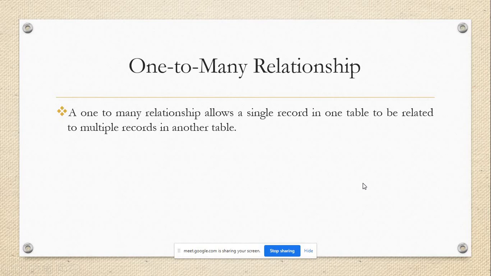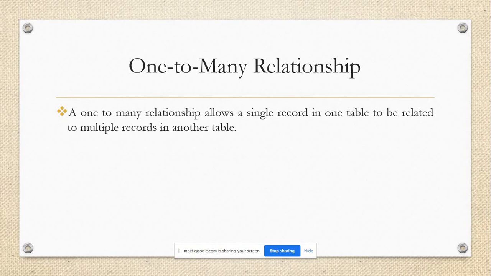we can say that relationship is called one-to-many. If you think of the single record of the left side table and multiple records of the right side table, then that type of relationship we can call many-to-one. That means one-to-many and many-to-one relationships are the same. It is quite a confusing question. While appearing for the interview, they will ask what is the difference between one-to-many and many-to-one relationship. Is there any difference available? Then we can say that there is no difference.